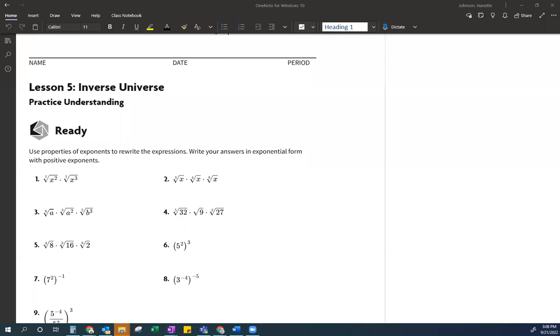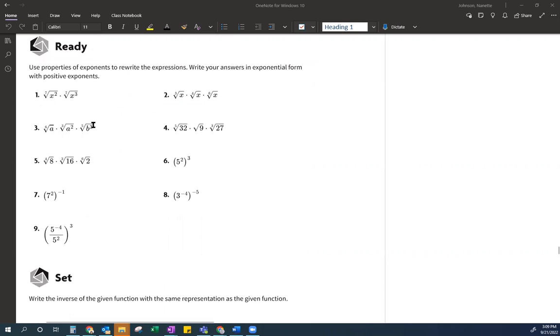Okay, so we're going to go over 1.5 and a couple of these square rooty problems. These ones here. There's a couple of them that people have asked for, so I'm just going to go over a couple different ones because I see a couple different themes here. The first thing that you need to know